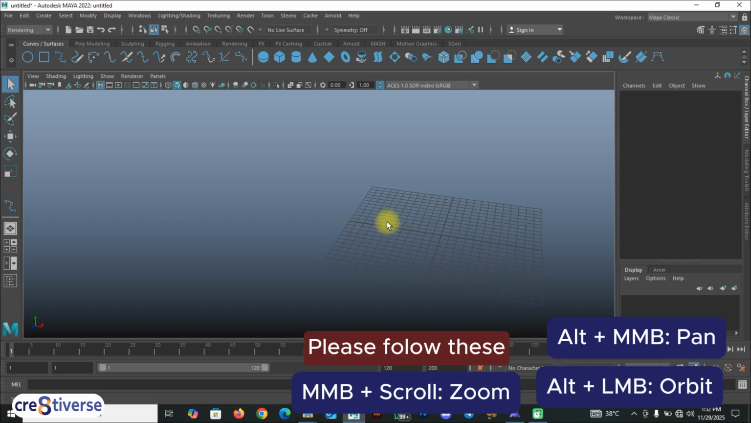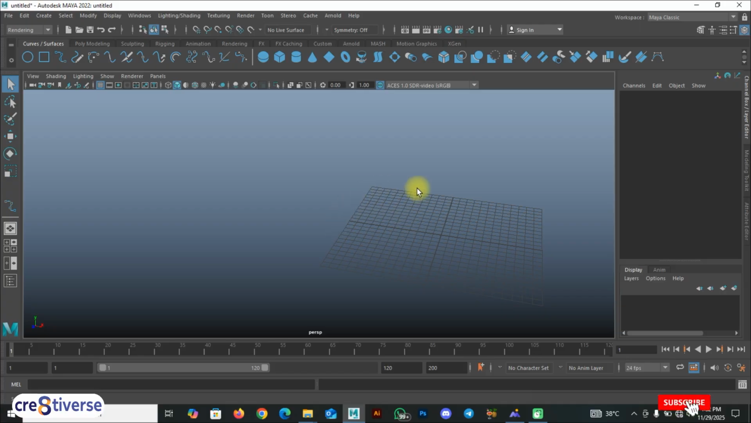So that brings us to the end of the first video, the introduction to Maya. I want you to carry out this lesson. Make sure you're used to your interface by orbiting, panning and zooming, and I will see you in the